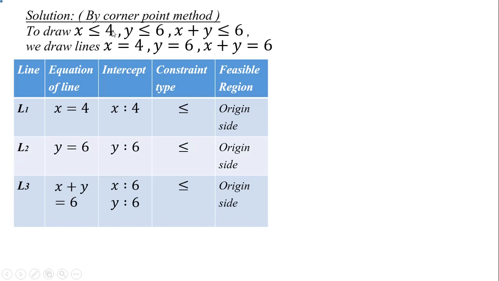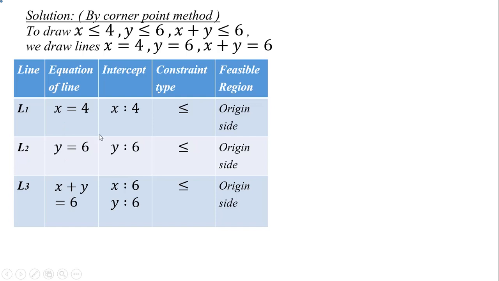So whether we have to take origin side half plane of this line or non-origin side plane of this line. So we substitute coordinates of origin here. X coordinate of origin is 0 and we check whether this satisfy this inequation or not. We know that 0 is less than or equal to 4. Therefore coordinates of origin satisfy this inequation. So the solution set of this inequation is origin side half plane of this line.